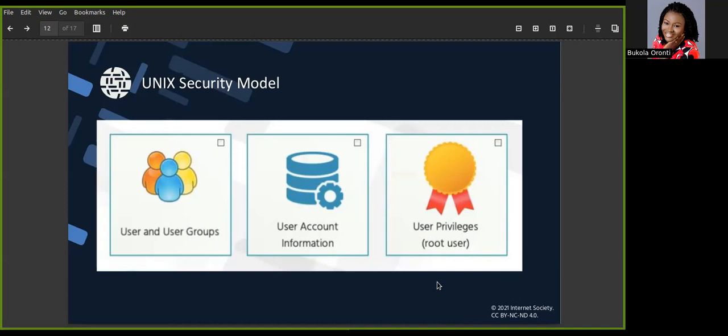Each user logs in with a valid user ID. So that's very important. Just like in Windows operating system, you can either log in as the administrator, or you can log in as a guest, or they can even create your own personal account for you on that system. The same thing is applicable in Unix. So each user that logs in will log in with a valid user ID that is identified on the system.